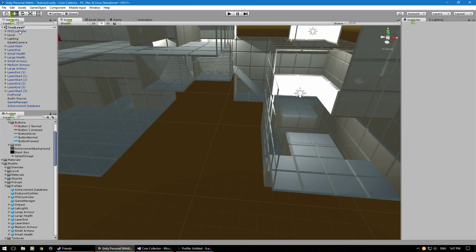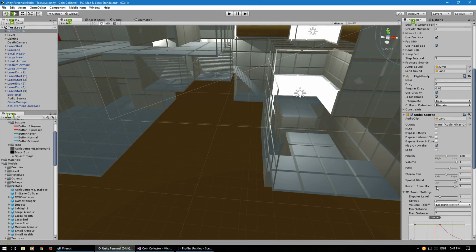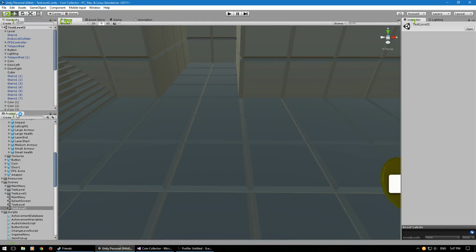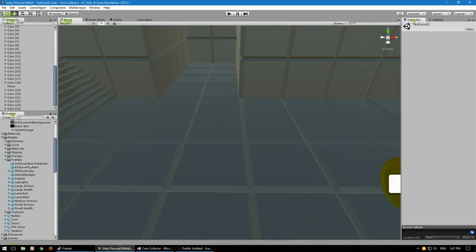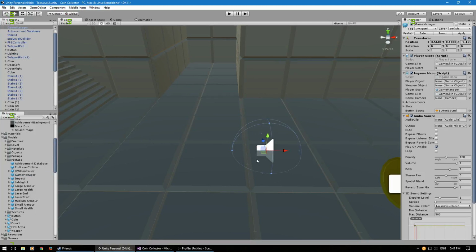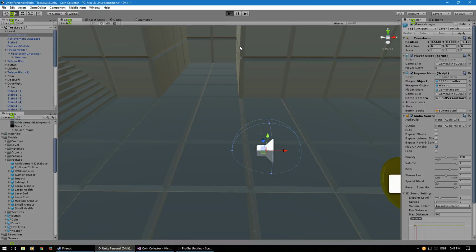So if you go into your FPS controller, make sure everything's applied because it is the prefab we're using. If we go file, save scene, file, save project, and we go into our test level 2, and then we drag the achievement database onto the screen, we also drag the game manager. The game manager might miss the camera, so you need to go into your FPS controller and grab your camera, and it wants your player as well, which is the FPS controller, and it wants your weapon, so drag the weapon in there as well. And that's done, you just click apply. Then when you click play,